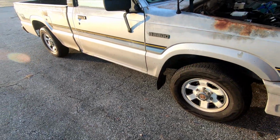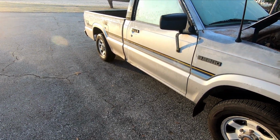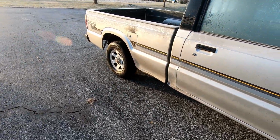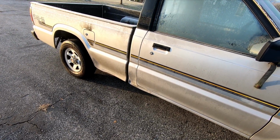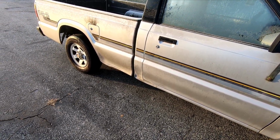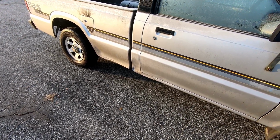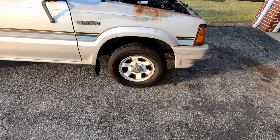Actually, I only did one of the rear wheel cylinders. I think it was the driver's side, because for whatever reason there's only one bleeder on the rear, and it's on the driver's side. And though they weren't leaking, the only reason I was replacing them was because I thought that the bleeder was broken off of the one side. So I put one on the other side so I could bleed everything. We now have